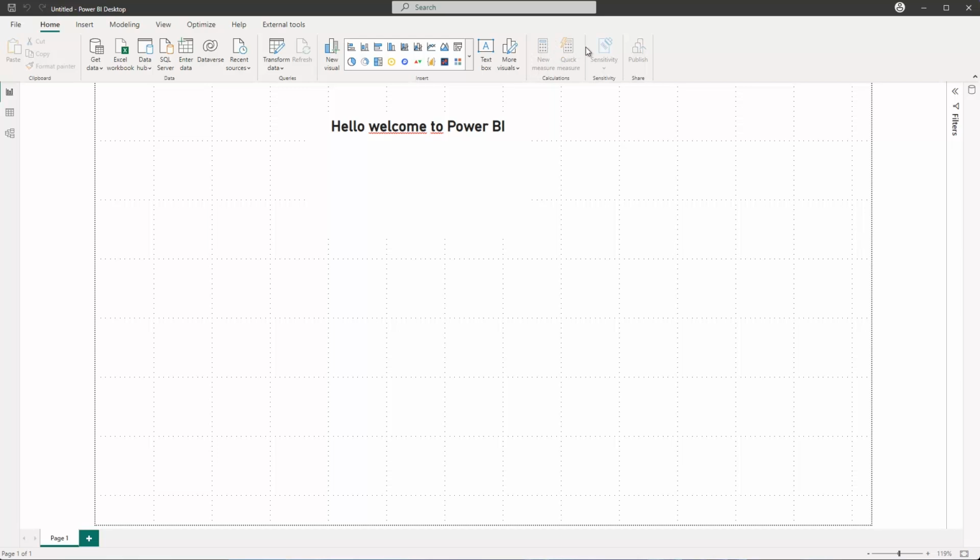Next to that, we have the sensitivity labels here. This can be enabled by your IT department, and this just means that you can add a sensitivity label to your specific Power BI reports and also inside the Power BI service. And that just means that if you do this, then when other people in your organization use and interact with your report, they will see the sensitivity label, and this might have an influence on how they can interact with the